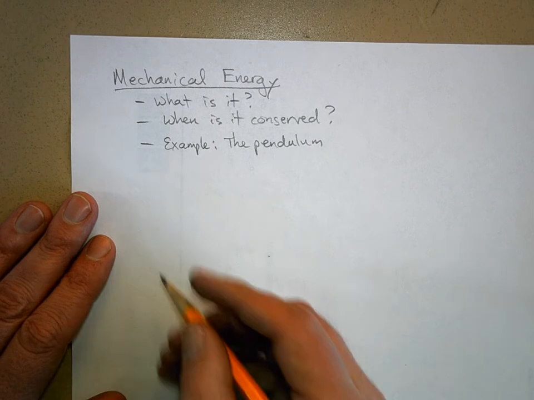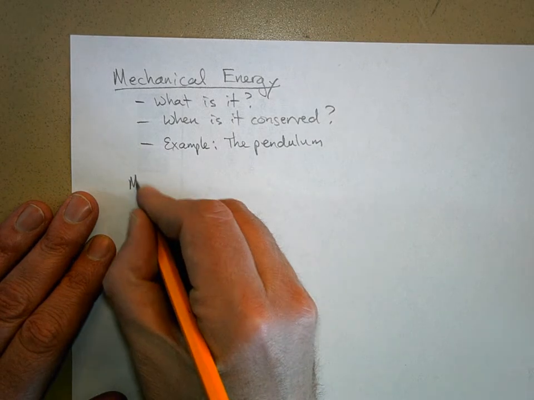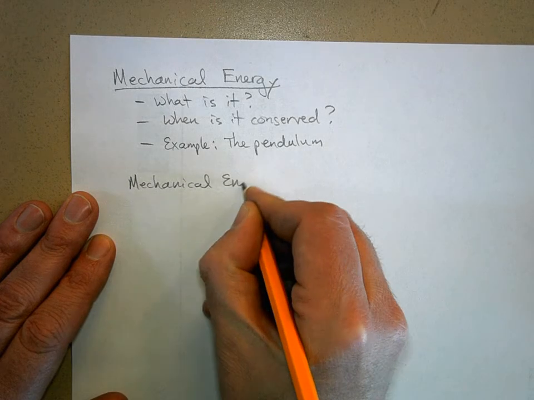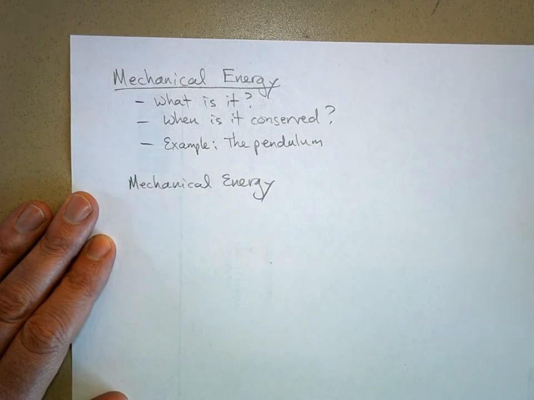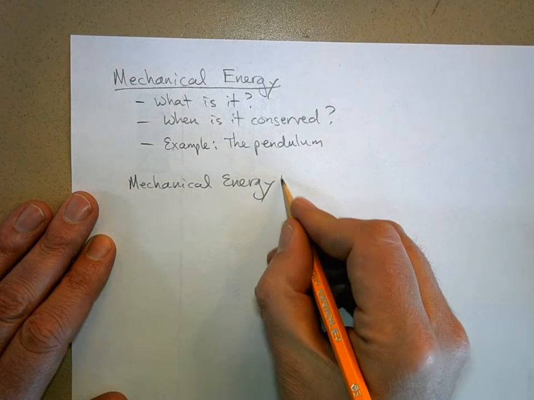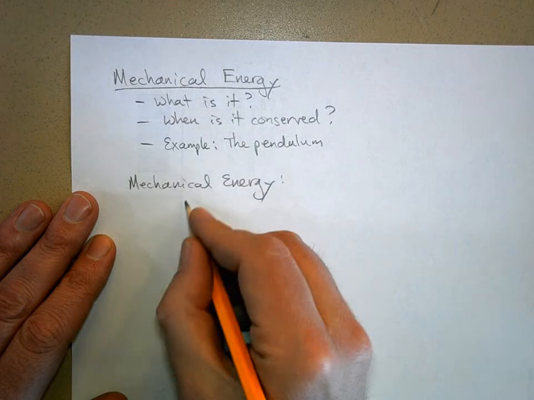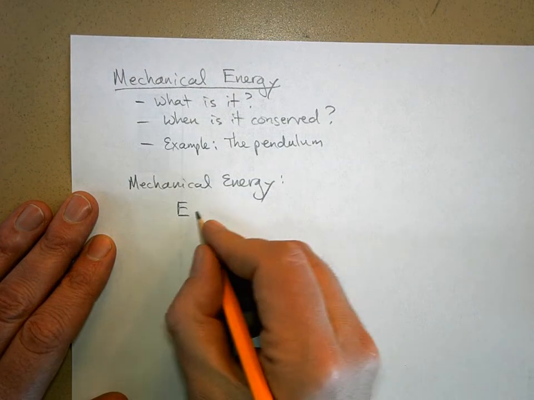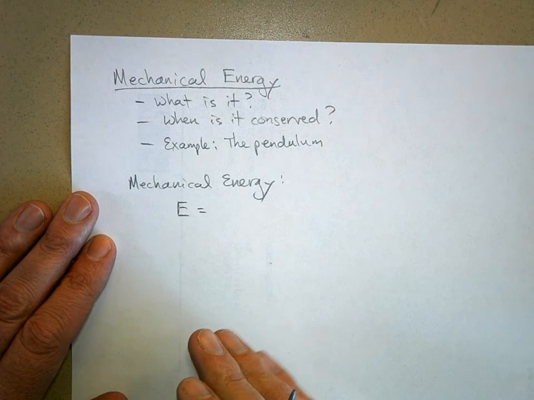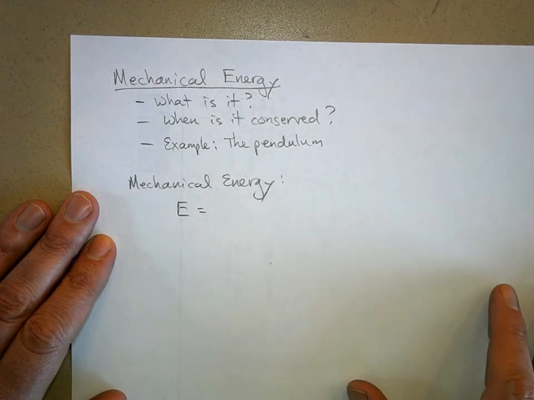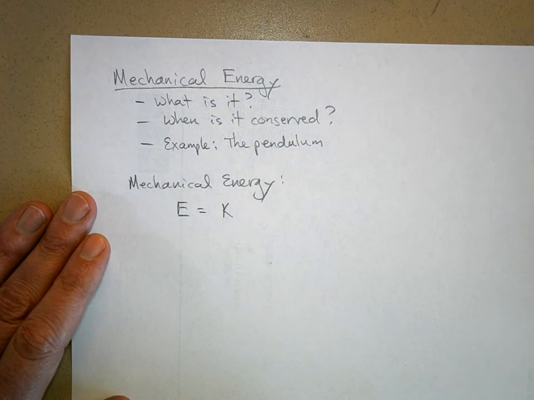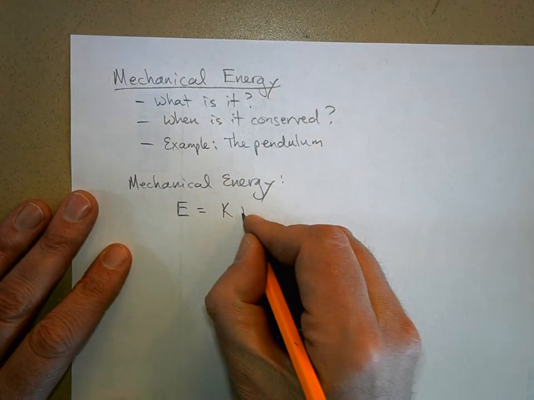Now, what is mechanical energy? Well, mechanical energy, by definition, we use the letter E to represent mechanical energy, and it is the sum of these three kinds of energy: kinetic plus